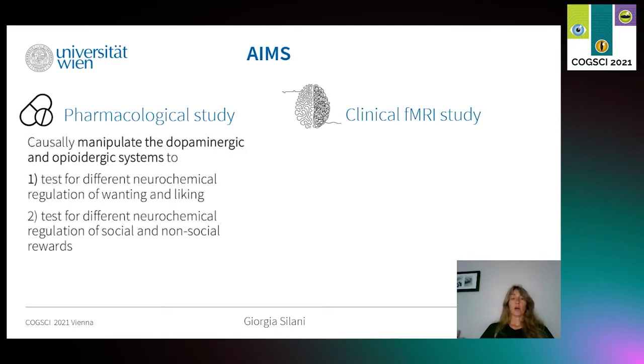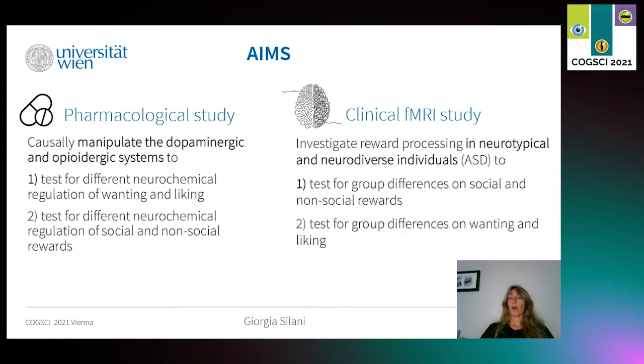The first study aimed at causally manipulating the dopaminergic and opioidergic systems to test for different neurochemical regulation of wanting and liking, and to test for different neurochemical regulation of social and non-social rewards. This question was followed up by the clinical fMRI study to investigate whether neurotypical and neurodiverse individuals, namely autism spectrum disorder participants, show differences in social and non-social reward processing,